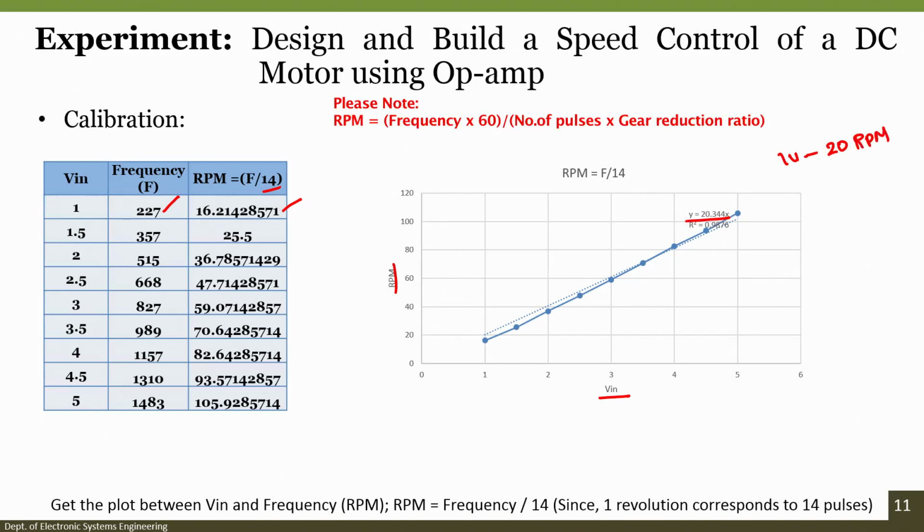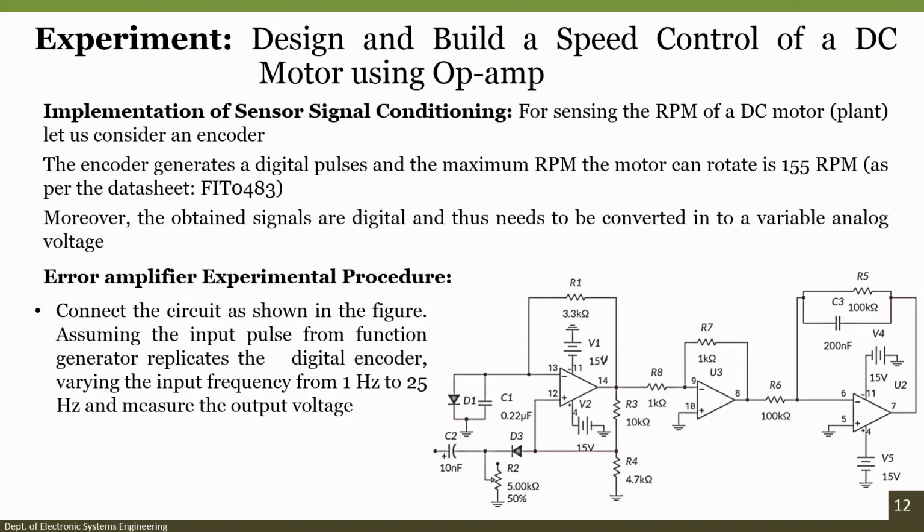So, if I want the motor to rotate at approximately 20 RPM, I provide a set point of 1 volt, and it will understand that the motor has to rotate at 20 RPM. That is a scaling factor or mapping factor that we concluded from yesterday's experiment. With this understanding, we also did the simulation of converting the input digital pulses into constant width pulses by using a monostable multivibrator.